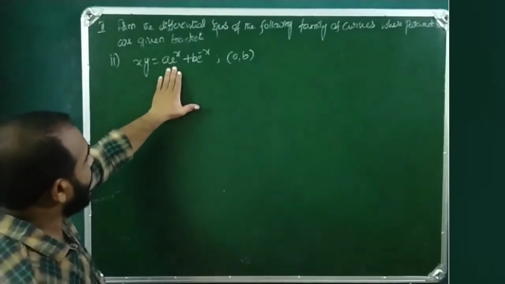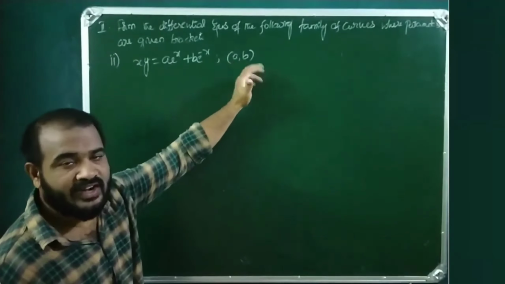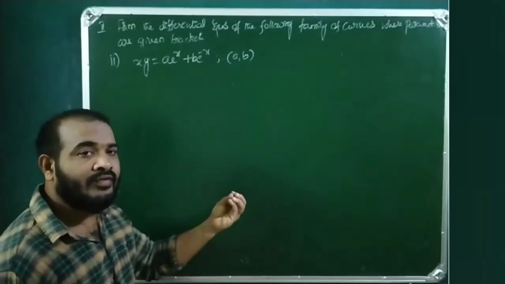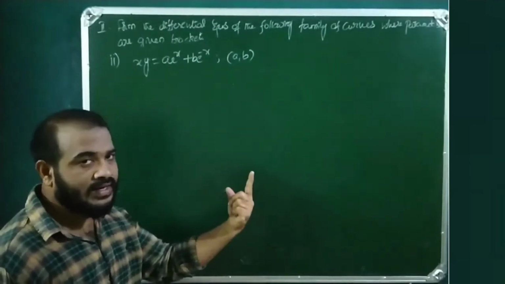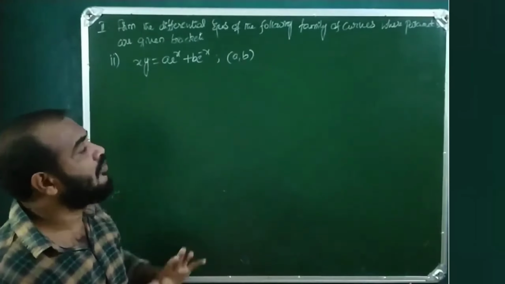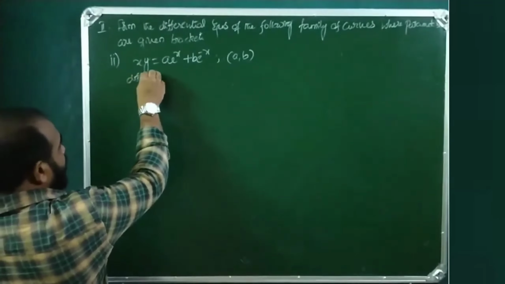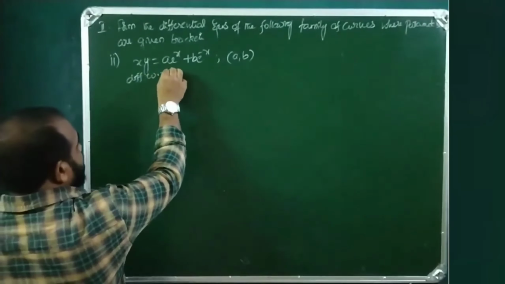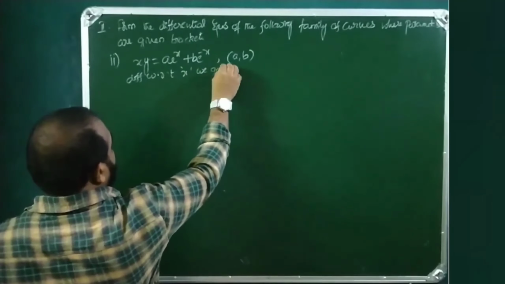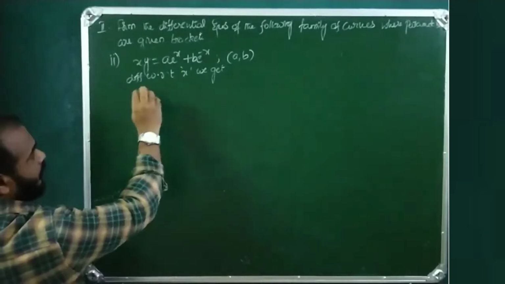xy = a e^x + b e^-x. There are two parameters now. Earlier there was one parameter, that is c, for which we differentiated one time. Here we require differentiation twice. So differentiating with respect to x, we get,